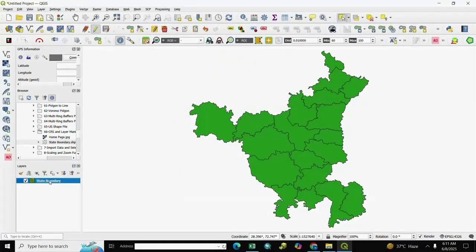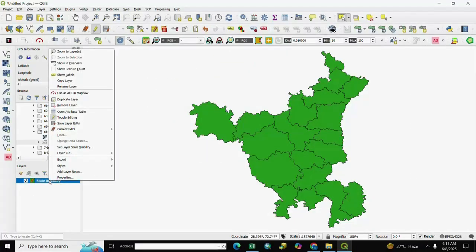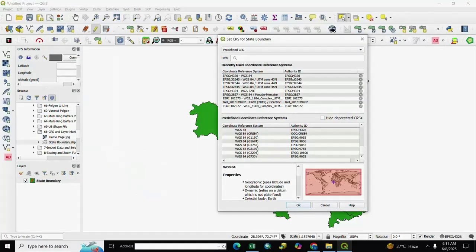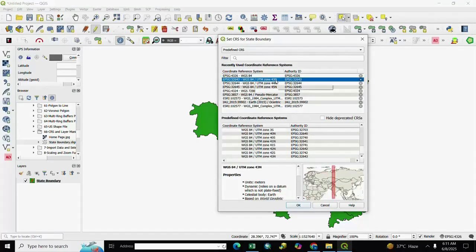And if you want to change it, you right click and go to layer CRS, and you select as per your requirement. Otherwise you go to set layer CRS, and if you want to change it to UTM zone, you select here UTM.